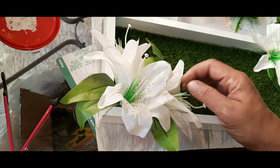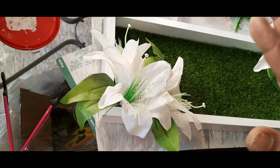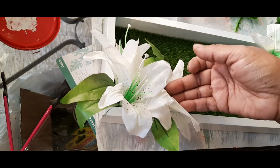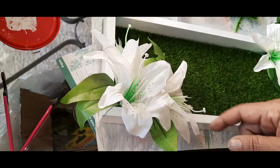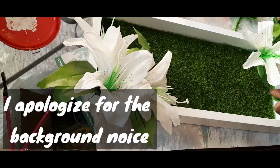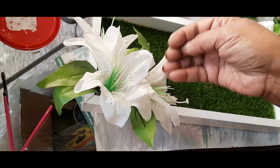So I put this in here. Y'all have to excuse me for getting off the camera and cutting that wire because I have to get a wire cutter. Anyway, this is not glued down. I got this stuck in here, so I'm going to put some glue. I'm going to glue this here white piece down like I glued this green piece over here. And it's going to cover up the wire